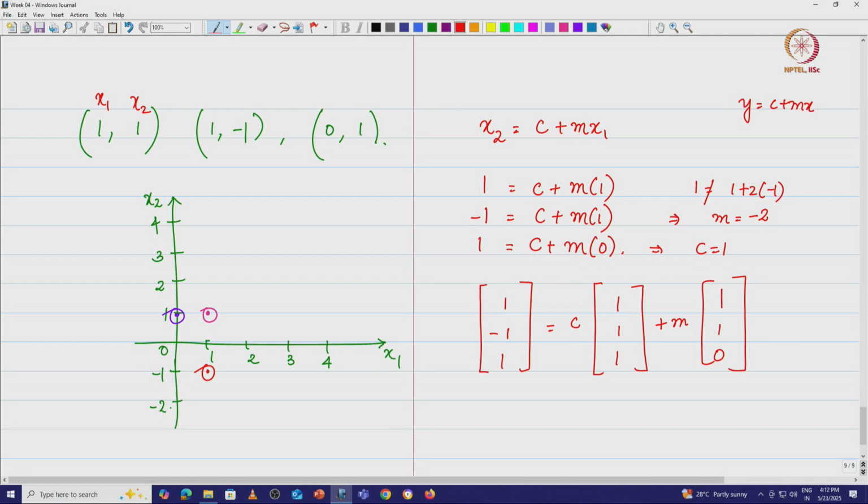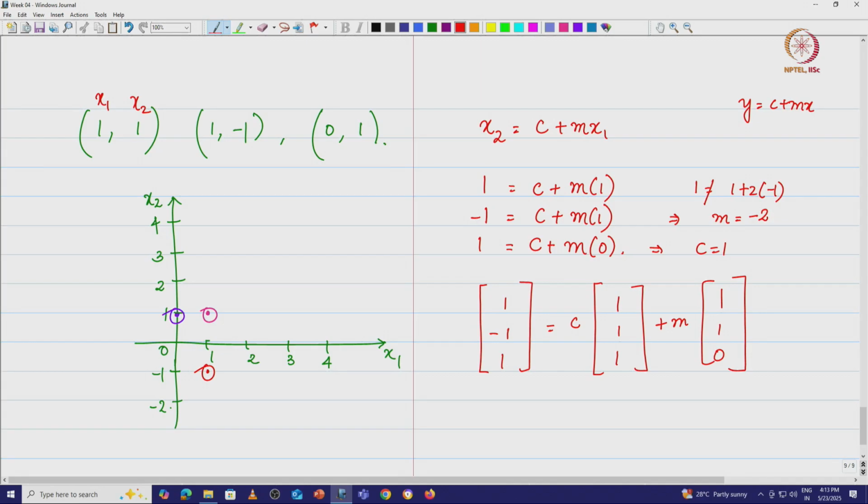So let us check once again. From the last expression, I have c plus m into 0. So I get c is equal to 1 here, and I substitute that 1 there. So this 1 goes here, becomes minus 2, therefore m is equal to minus 2. Now when I substitute minus 2 into 1 plus 1, you should get a minus 1, but you end up getting a plus 1 on the left hand side, which means this is an inconsistent system that I have.